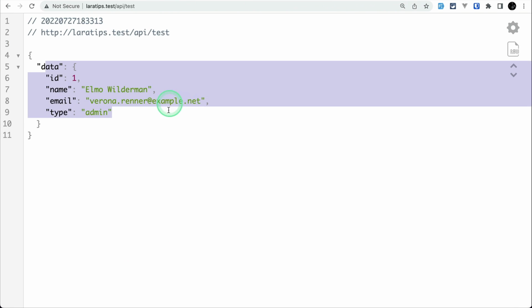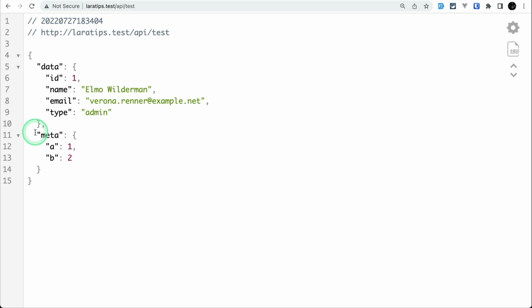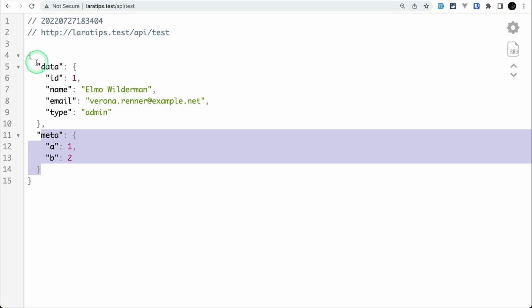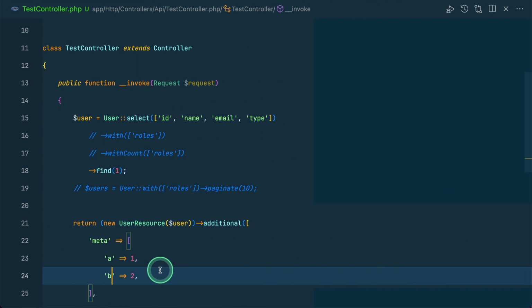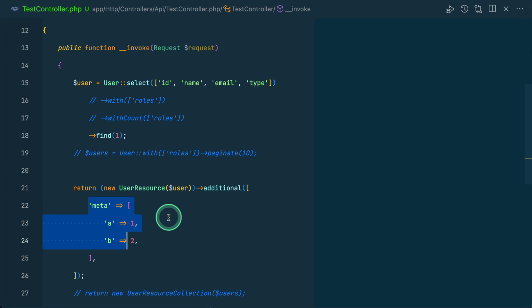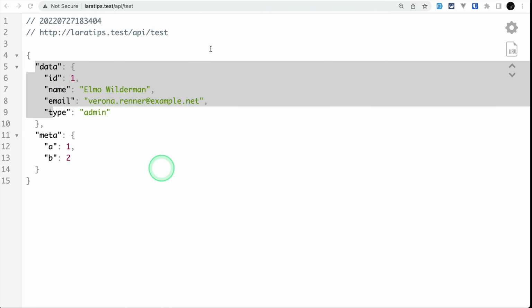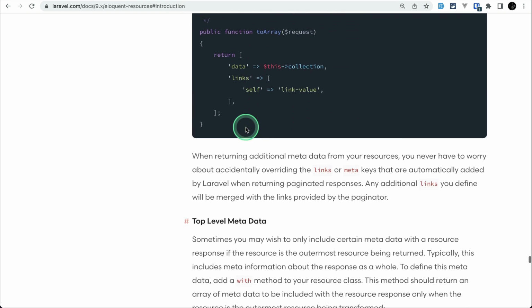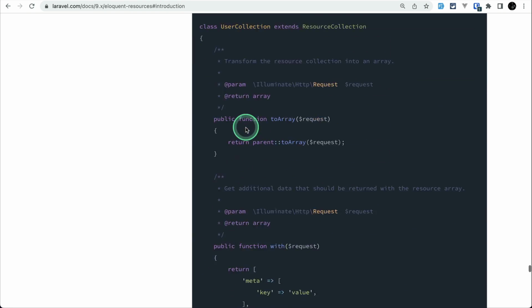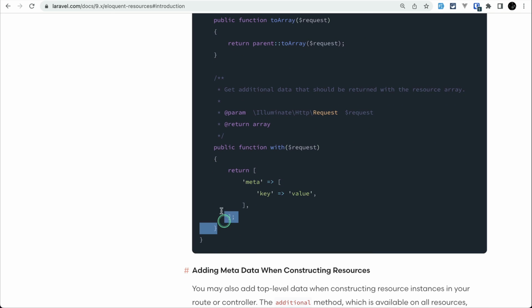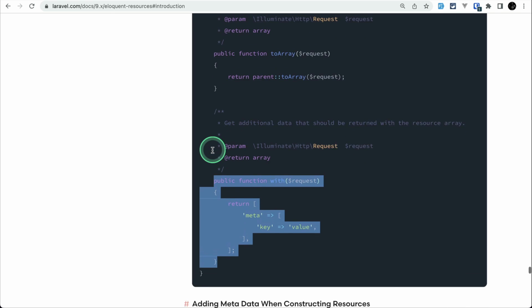And now if I come here and refresh, then you can see here the meta is just added as a sibling of this data property like this. We have added this additional data on the user meta. You might need this in some very rare cases, so you can just make use of it. And you can also pass this meta from inside the user resource itself. I think it's given in the documentation over here, top level metadata and with, yeah, you can just do it like this. So I'll just come here,